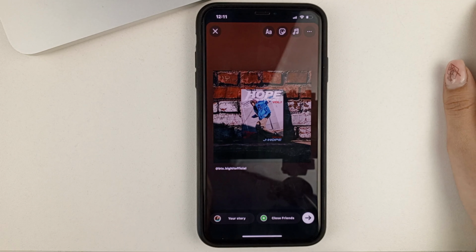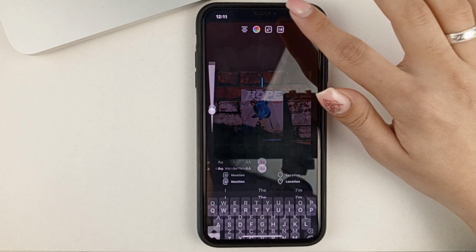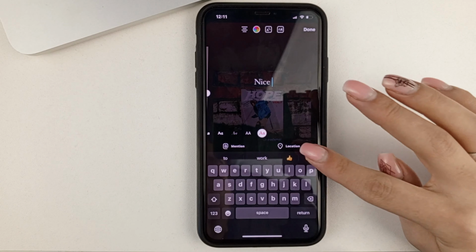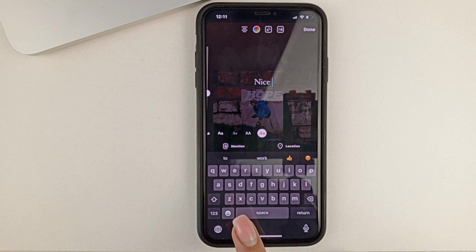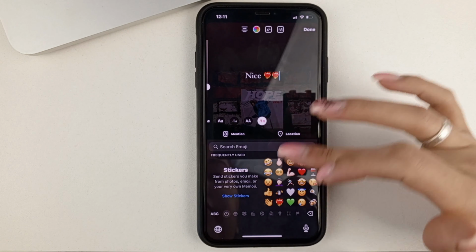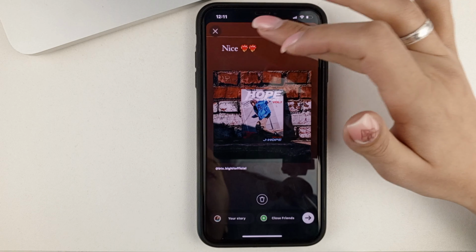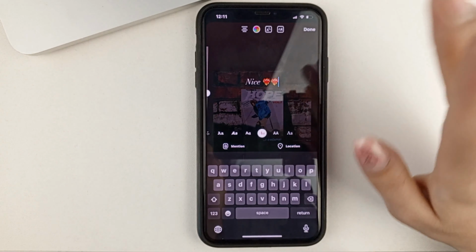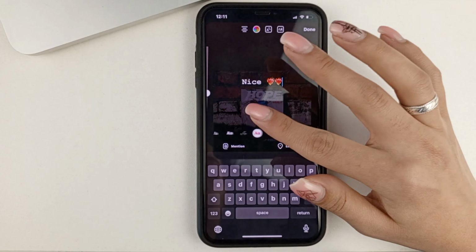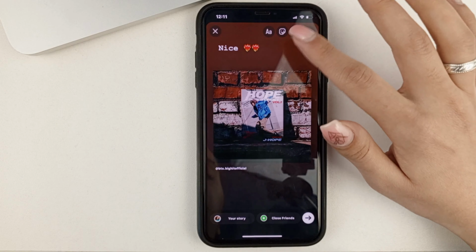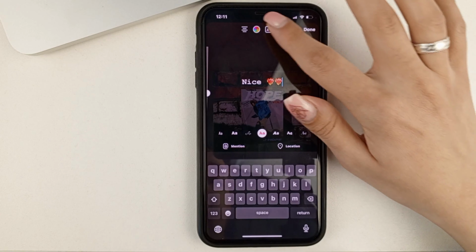Now, what can we do with this post? We can write some text. We can also add some emotion. We can do different manipulations with the text. We can change the text as we like. We can change the color of the text.